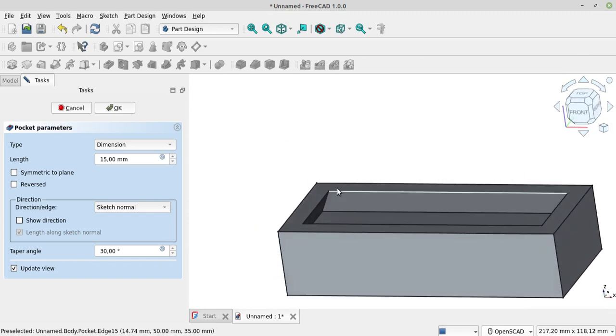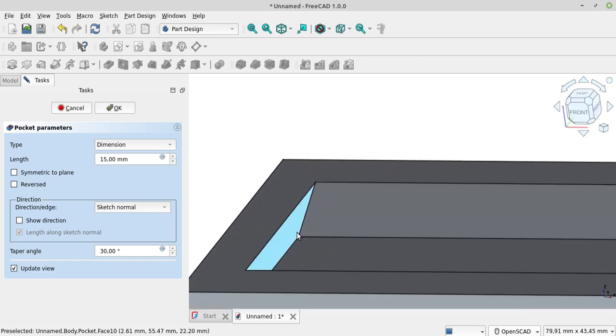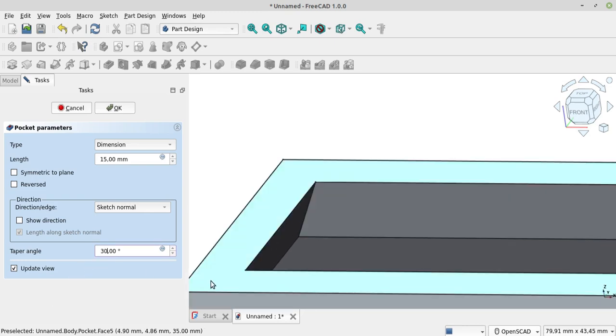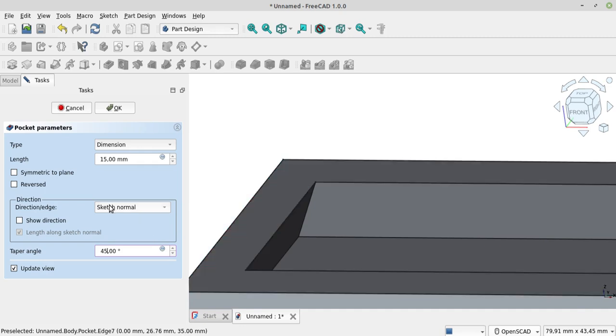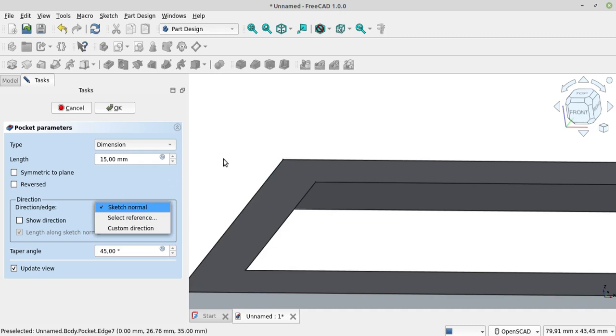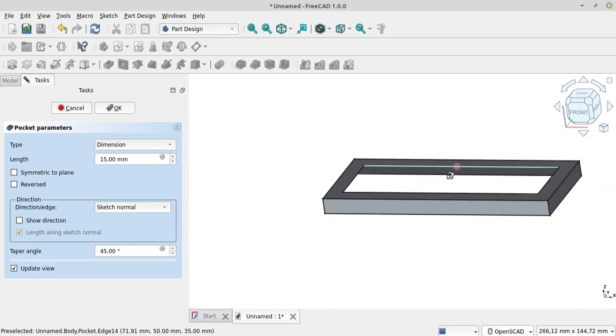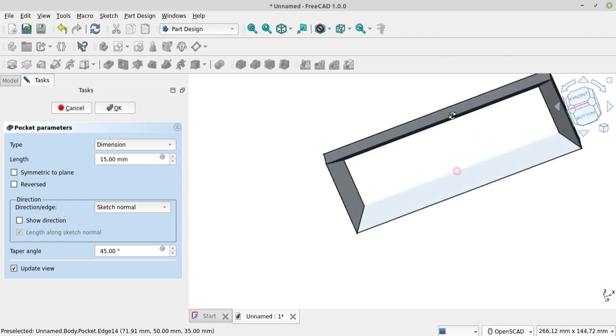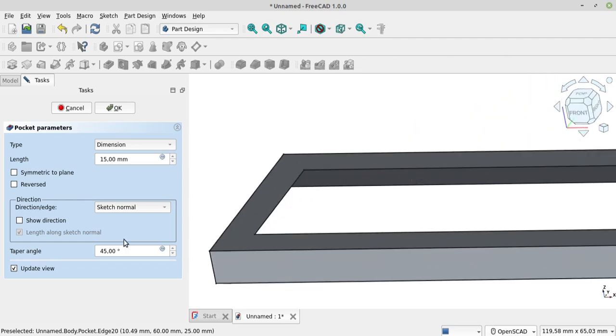There is the 30 degree angle. We try 45 degree, then 10 degree.